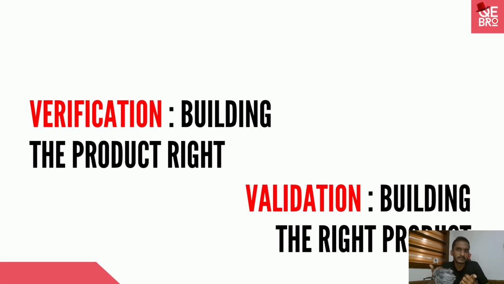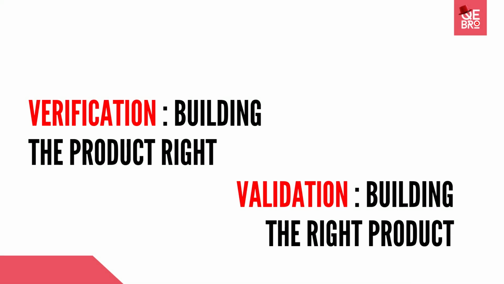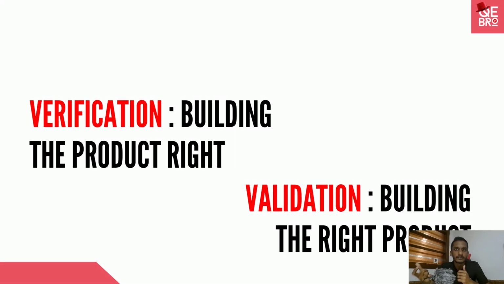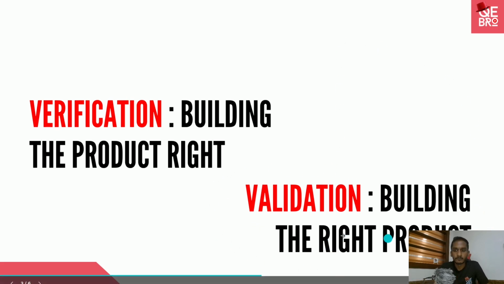So that means we are testing whether the product works correctly. That means validation. We are doing some validation task there. We do the assertions to validate the output, whether the actual output is equal to the expected output. The assertions we do mean we are validating the output against a base. So that is called validation. Building the right product. Next we have verification. Verification goes with quality assurance.